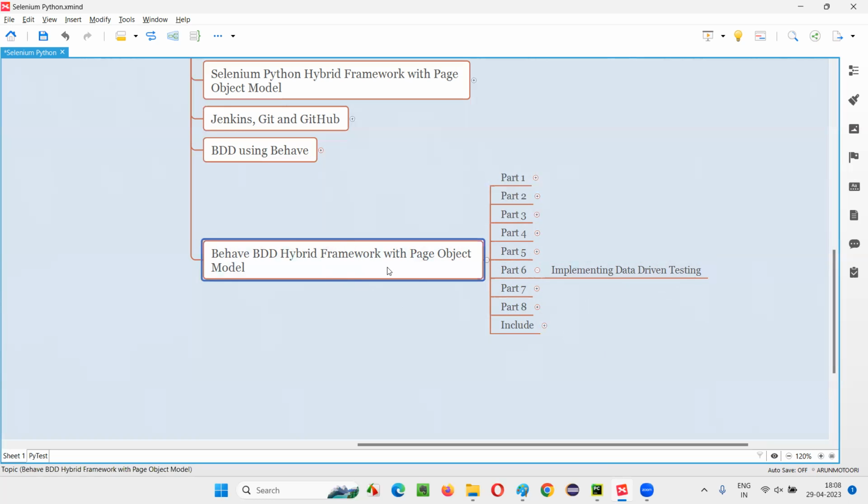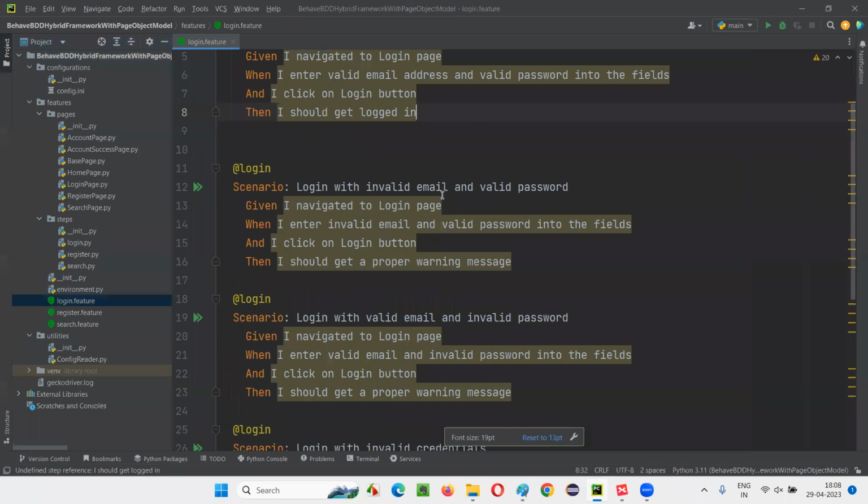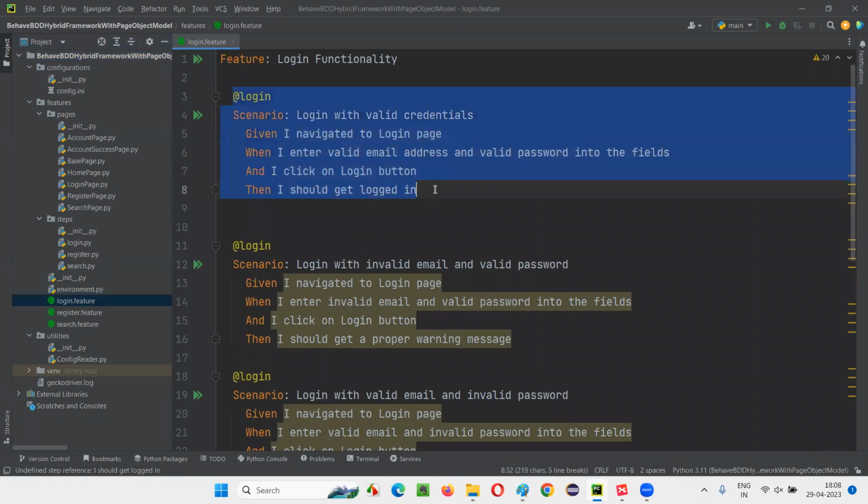To convert this normal framework into a hybrid framework, I'm going to implement the data-driven framework things. For that, I'll switch to this PyCharm IDE where we have the framework created so far, containing Behave BDD things and page object model design pattern things. Now let's implement the data-driven things into this existing framework. For that, I'll pick one of the feature files, that is the login.feature file. In that, I'll pick the first scenario, login with valid